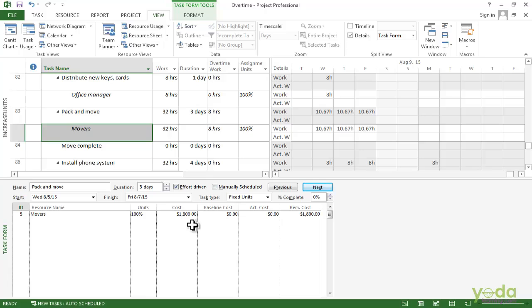There are 24 hours of regular work at $50 an hour, so that's $1,200, and there are 8 hours of overtime work at $75 an hour, that's $600. So the total cost is $1,800 as you would expect.